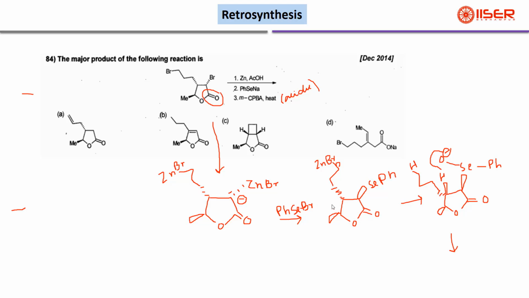As we are incorporating the selenium above the plane, a proton is available on the same side, so it will take up this proton and undergo syn elimination. There will be a double bond here with the alkene chain and a methyl. So the correct option is